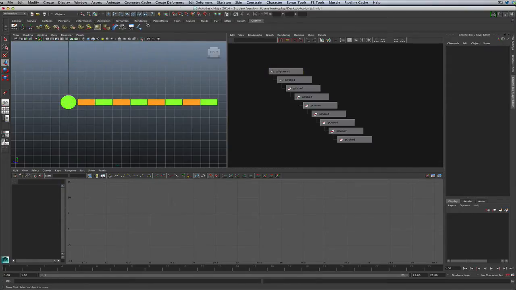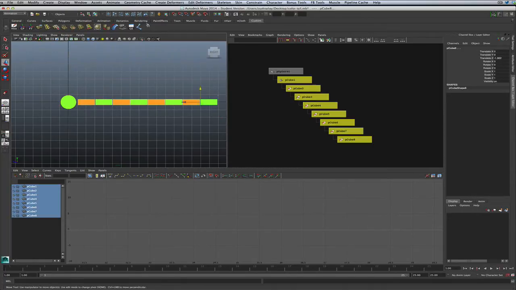So cleanup-wise, there's only one other thing I really want to do. It's not really necessary, but I think it's good practice. What we can do is we can grab all of the joints of the tail, and we're not going to be transforming it at all. All the transforms are going to be on the head here, and then all this is just going to be rotation.